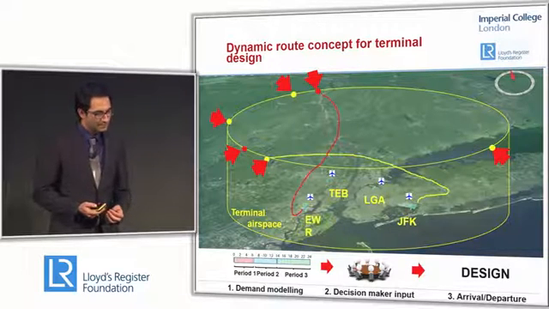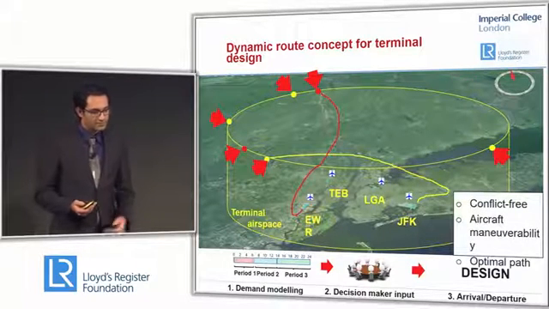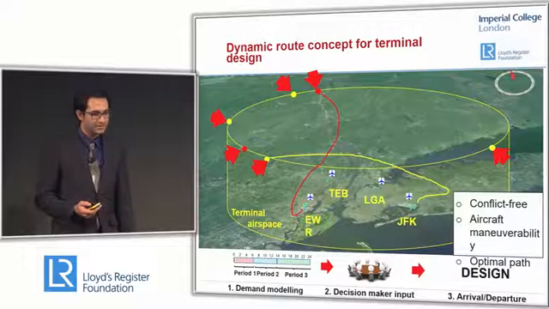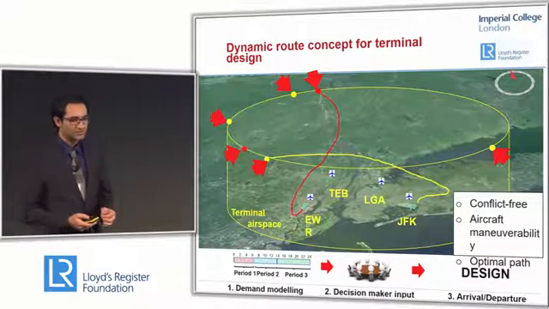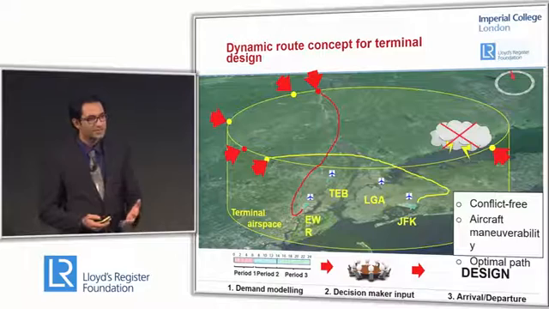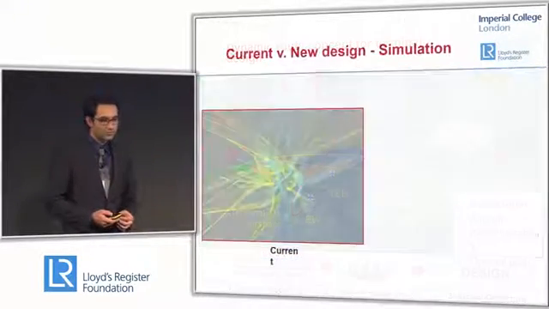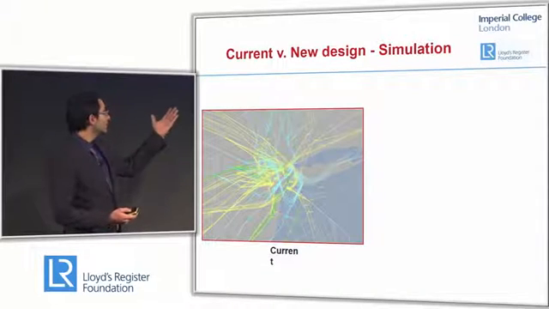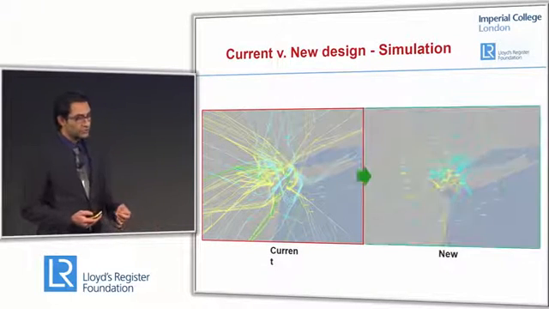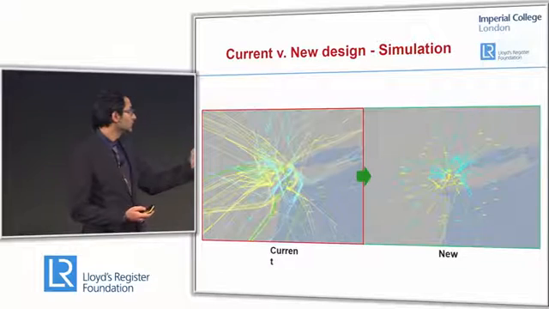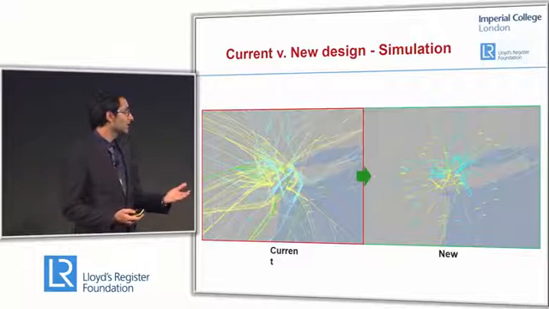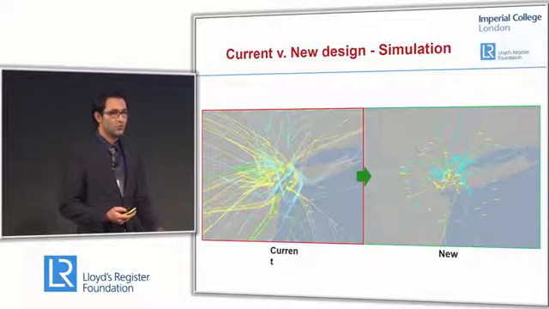These routes are conflict-free to ensure safety, they account for aircraft maneuverability, and they are optimal in terms of the total distance traveled. Moreover, they can avoid areas that are affected by convective weather. To test the effectiveness of this concept, I have conducted simulation and compared the current operations, which you can see here, to operations under the new optimal design, which you can see over there. You can see that the new design results in a much simpler distribution of flight tracks compared to what happens